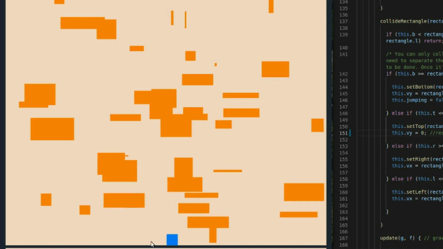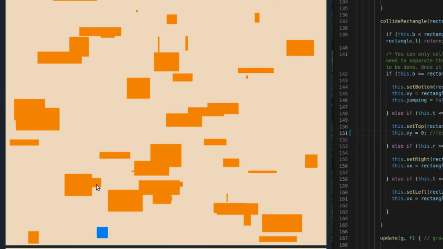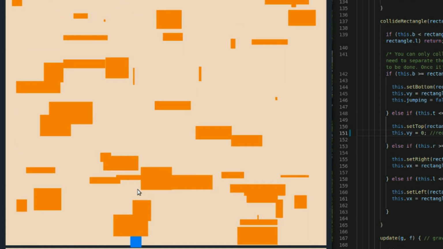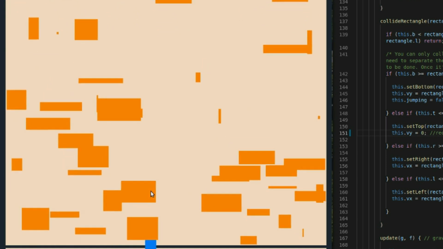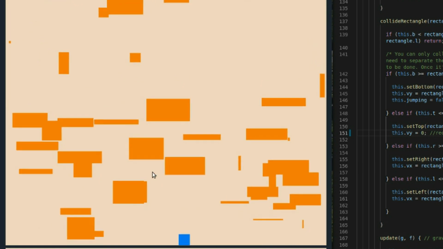is because, let's freeze this real quick. If this is moving down and when I hit it, I set the y velocity equal to 0, I'm basically going to be stopping my blue rectangle dead in its tracks right here, and this is going to be moving down into it, recreating another collision, and my y velocity is going to be set to 0 for every one of those consecutive collisions, and it will give the effect that the player is sticking to the bottom of the yellow rectangle there,